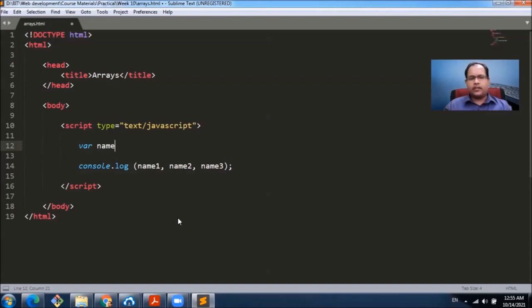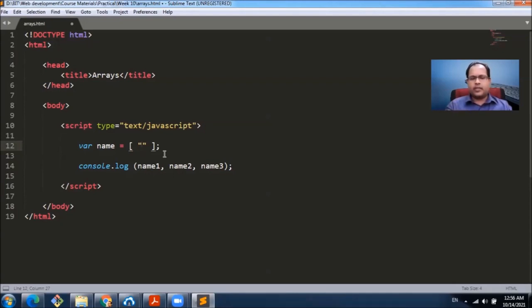So how can we hold these three names in our array? It's very easy. What we have to do is create an array like this. In this array, we can create three names, or any number of names that we want.